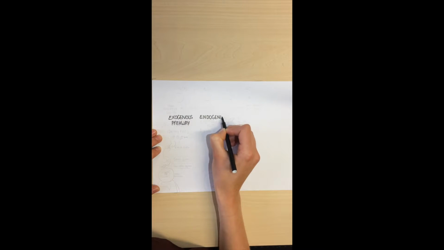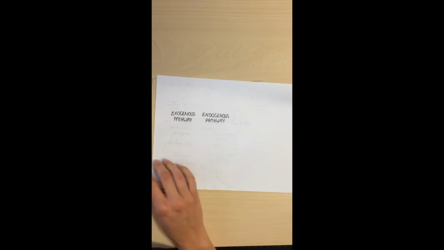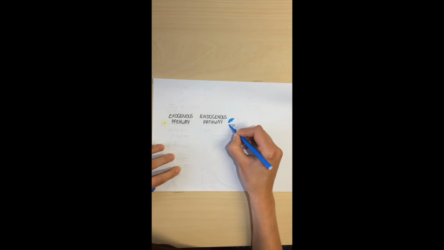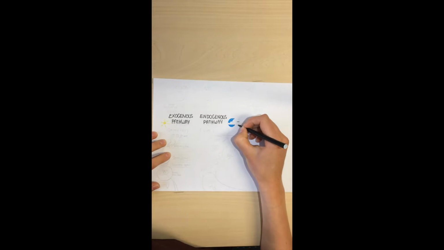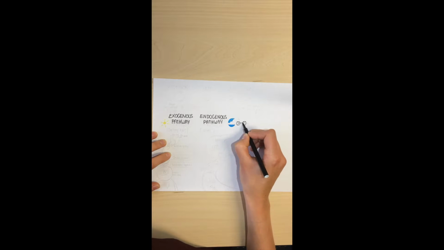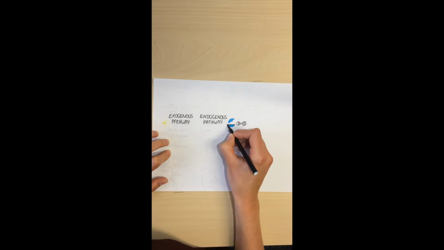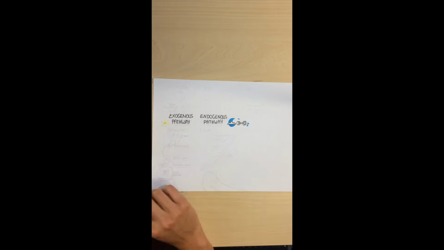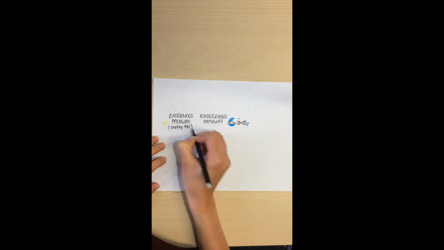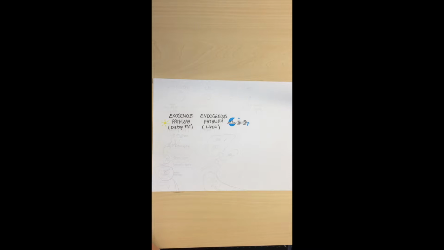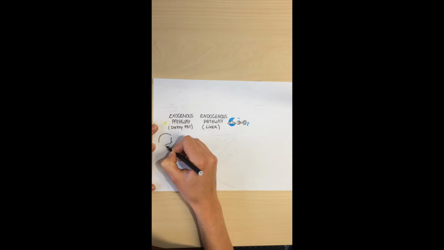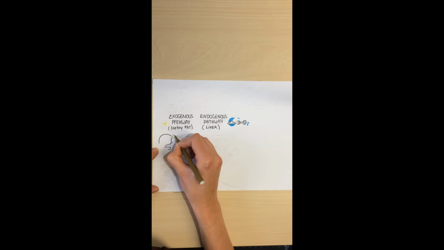When we mobilize fats in our body, we can refer to 2 different pathways, the endogenous pathway and the exogenous pathway. The exogenous pathway is more likely to happen during the day when you eat more often, while the endogenous pathway is more likely to happen during fasting periods, which we could refer to as during the night or during exercise. The exogenous pathway takes fats from the diet, and the endogenous pathway takes fats that are already stored in the liver. We're going to go through the exogenous pathway first.